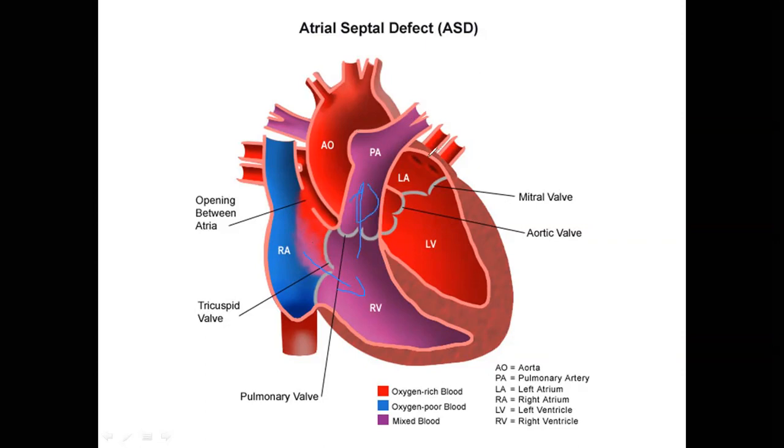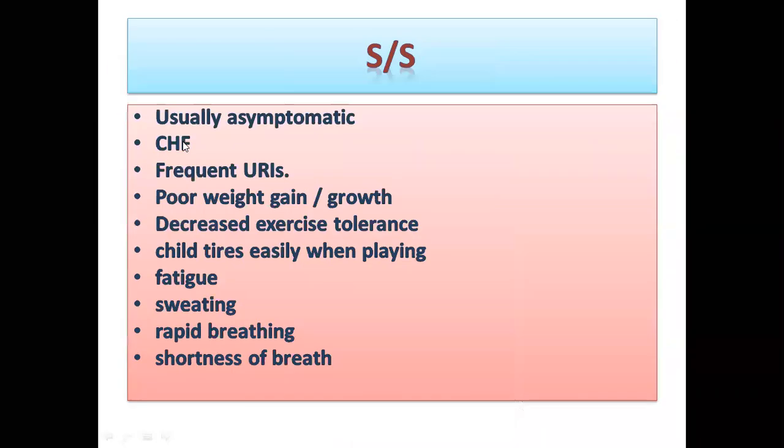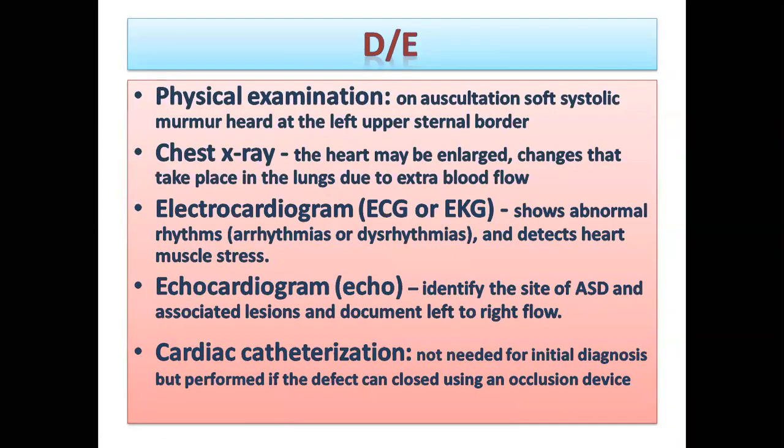From there, it comes to the left atrium via the pulmonary veins. Then from the left atrium, it is pushed to the left ventricle. But here, what happened? This blood crosses directly from the left atrium to the right atrium, and once again it comes back here. So excess pressure is present on the right ventricle as well as the pulmonary artery. Due to this, there is enlargement of the heart.